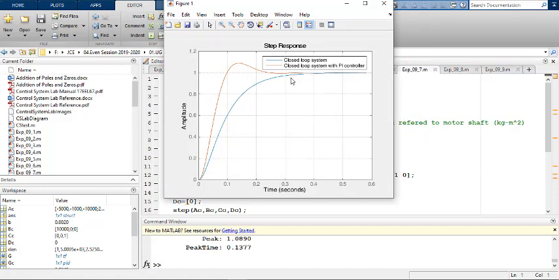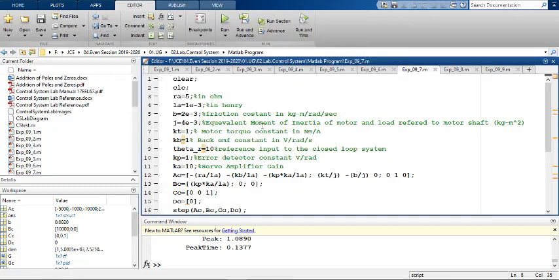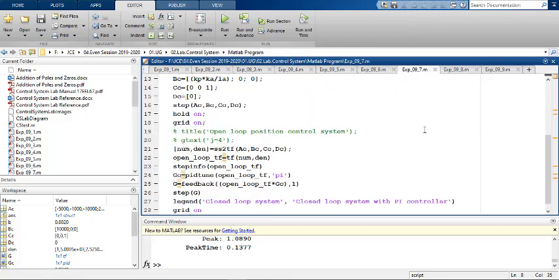There are 9 such programs here. For the seventh one, we are comparing two graphs together, one with the normal graph and one with the PI controller being used. Now how we are getting a PI controller is with these codes. I'll just explain this. This is the only code that is a bit different.